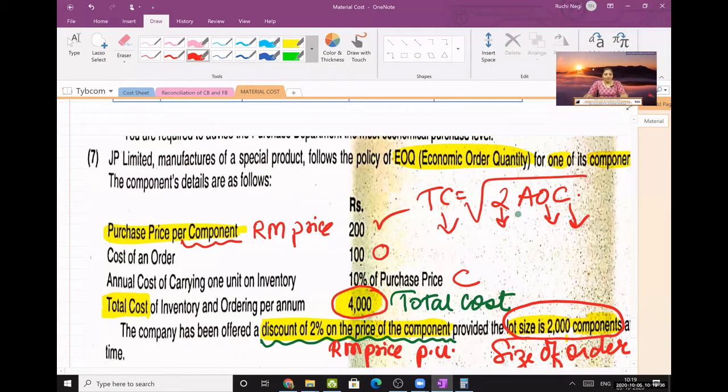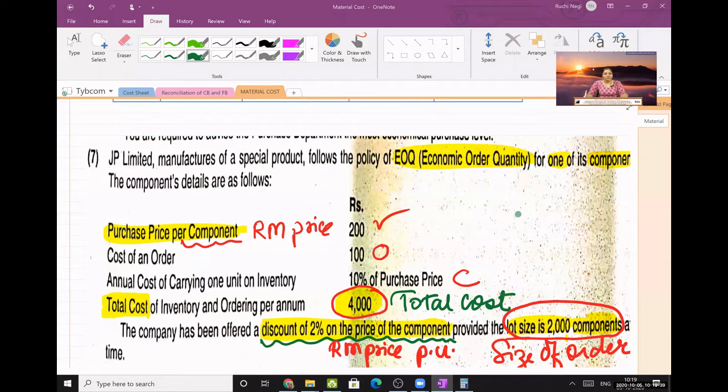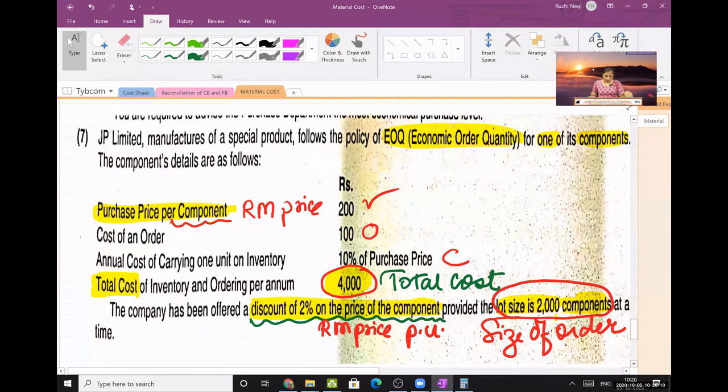How to calculate A? A is not given. And neither have they given you any ratio of finished goods to raw material, like in the earlier question. The ratio of finished goods and raw material was given, but in this question it is not given. So how will you find A? By using the formula of total cost. Why? Because total cost is given. Okay, am I clear? Acknowledge it in the chat box. Is the question clear? And there is an offer for a discount also. Let's see later what to do with that.